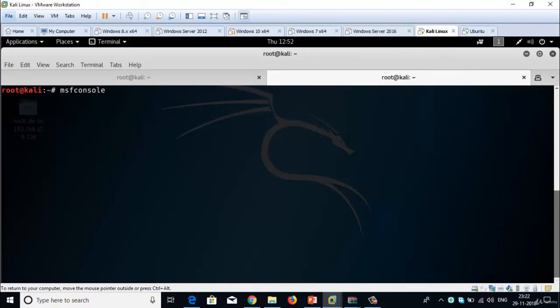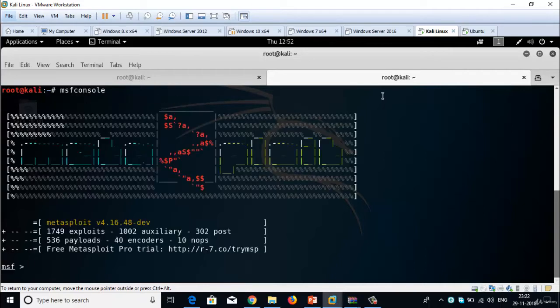Now we need to run MSF console. Type command use exploit